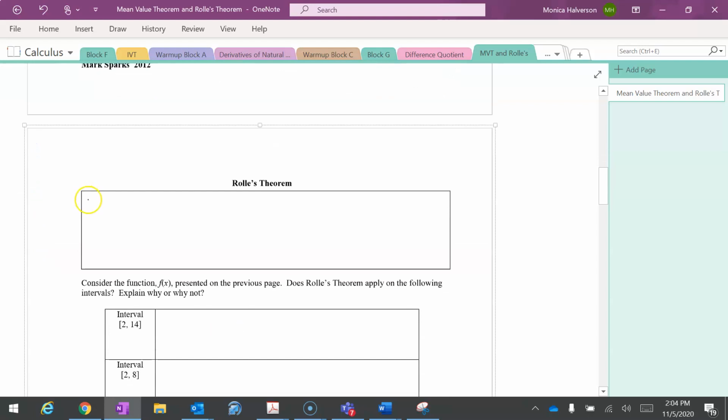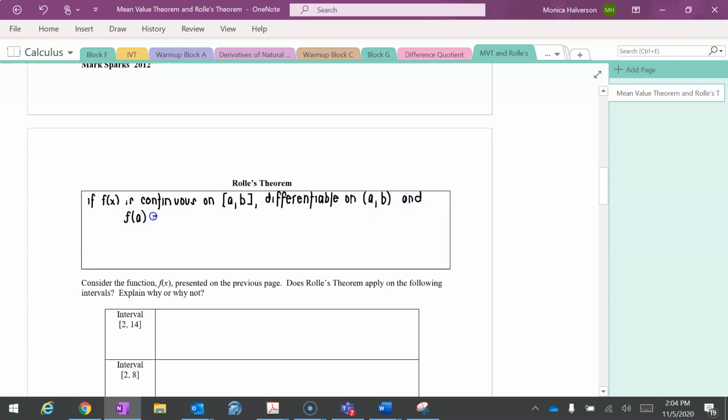And what Rolle's theorem states is if f of x is continuous on the interval AB and it's differentiable on the interval AB, and the value of f of A equals the value of f of B,